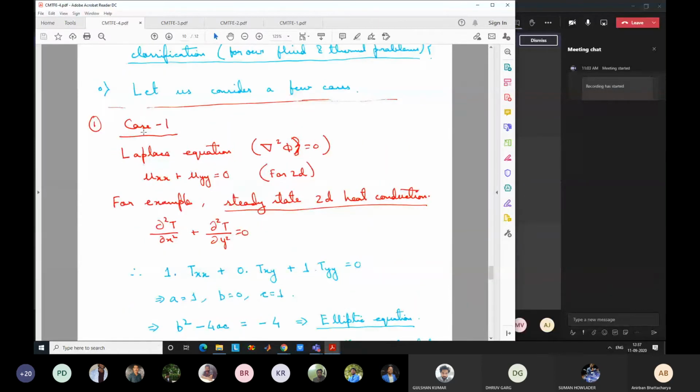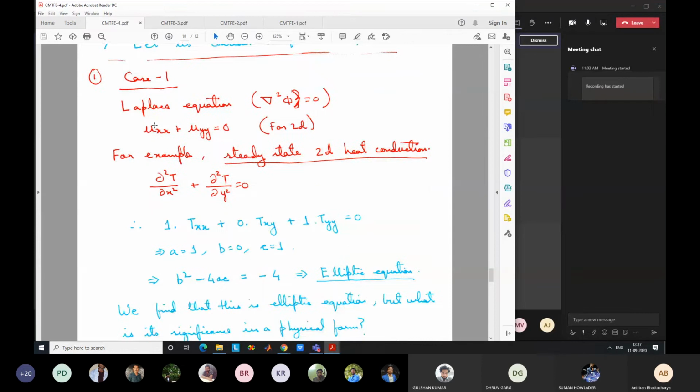We will take a few cases. Let us take the simplest case and the most widely used example in CFD and any other engineering problem, not only CFD, structural problems also. Many problems you will encounter this equation del square phi equal to 0. So Laplacian of a variable phi is equal to 0. For a 2D problem, we will discuss 2D problems here. So for 2D, uxx plus uyy is equal to 0. Later on, I will say what happens for a 1D or other type of problem. Right now, let us just focus on a 2D problem. We cannot generalize many of the things.